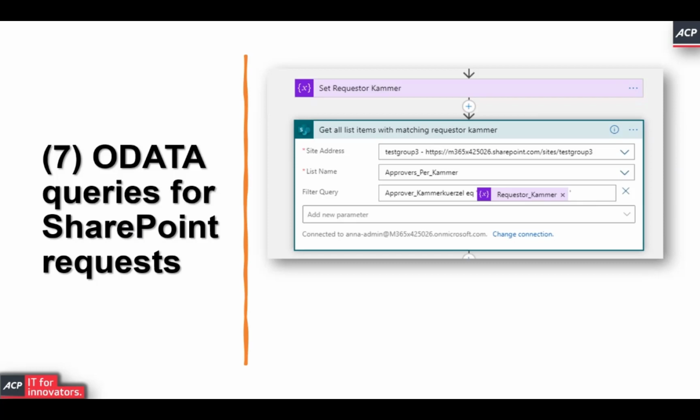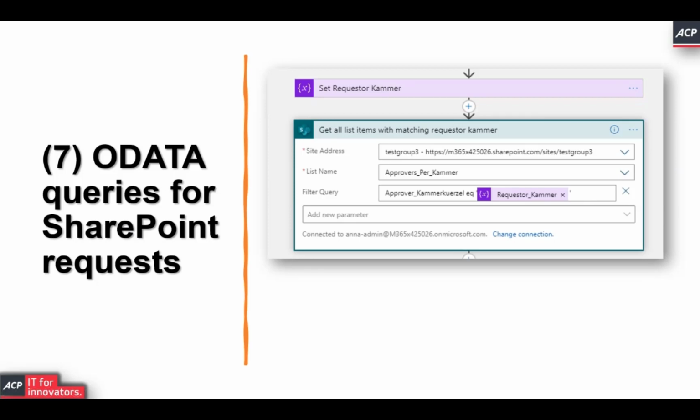But if you have, for instance, a set where you have 2 or 3 or 4,000 SharePoint items, and you already have some idea of how to filter them down so that you get fewer requests, it's definitely important because it will minimize the number of items that go through your flow and will make your flow much faster. So this is where OData queries come in. Like I said, you can use them in different settings in Graph API, SharePoint API, but you can also use it in the standard SharePoint connector.